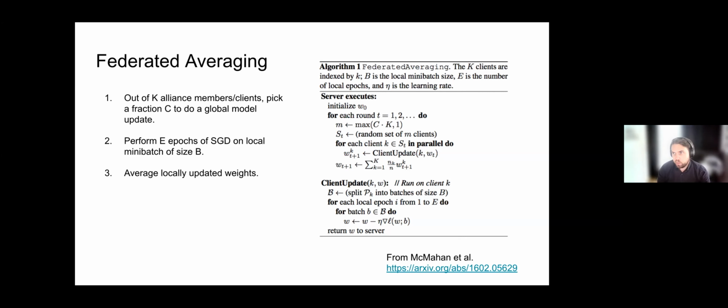There are some hyperparameters then related to this federated training. In particular, you have to decide how many epochs or how many batch updates you do on the client in each global update round, but also, of course, the mini batch size and so forth. And it turns out that you might think that larger is better, but that's not always the case, because it becomes important to balance so that you don't have too large updates. For example, you can risk overfitting locally on a client if you have, for example, unbalanced clients.